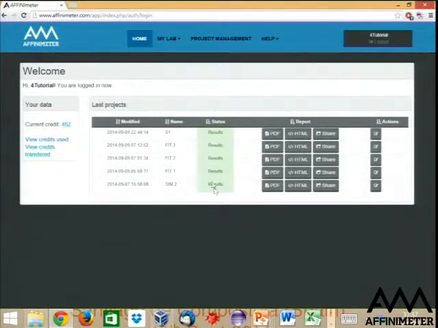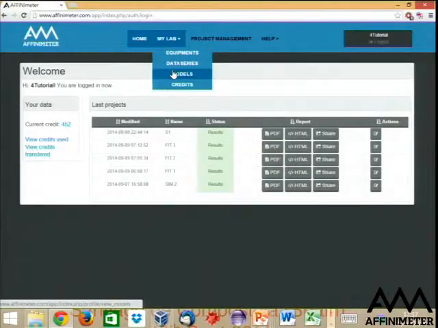Yeah, because in your AFFINimeter account is the information you have at this moment. I did some more experiments in my account. So yeah, this is just a visualization of the last projects or fittings you were working with. So we may have different things, okay? So yeah, from My Lab, go to the option Models,